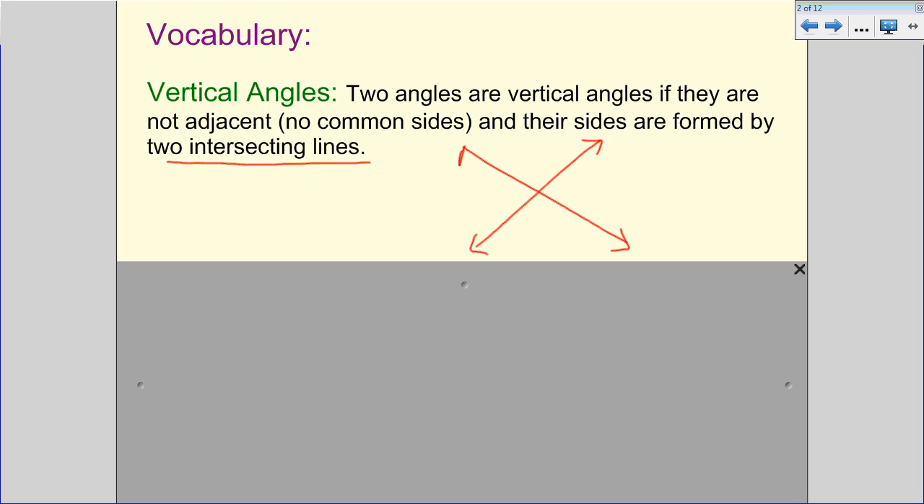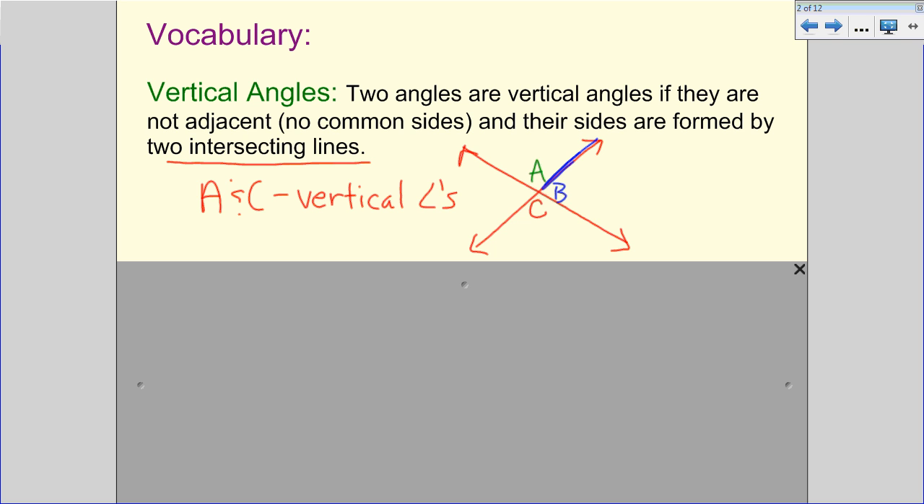Put your arrows on to get your intersecting lines. And we need to have angles that do not share a common side. So if I put a 1 here, and let's put an A, I'm going to use letters. If I put angle A there, it shares a side with angle B because they share this side. If I put a letter C here, we notice A and C don't share any sides. So we would say A and C are vertical